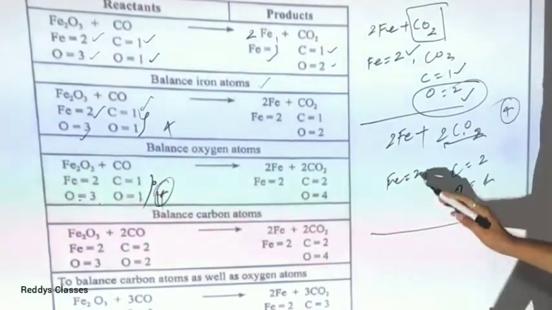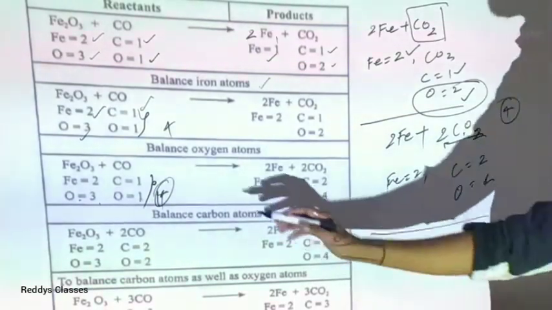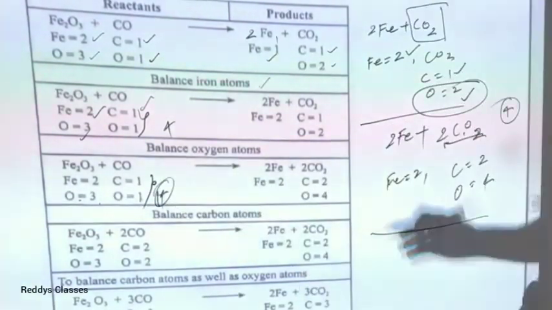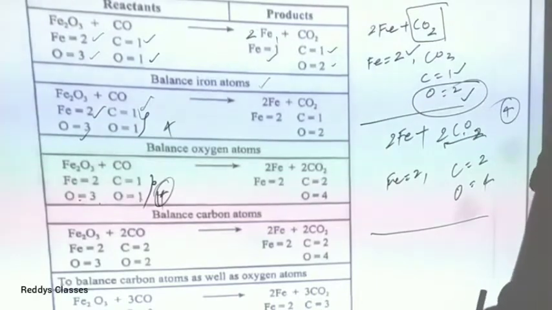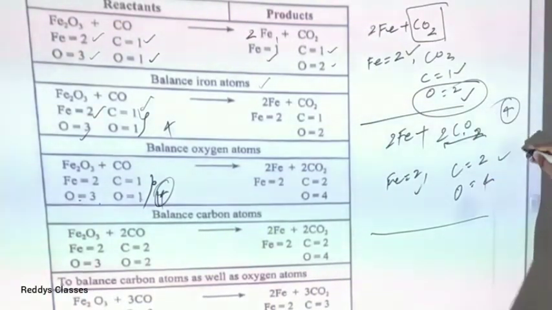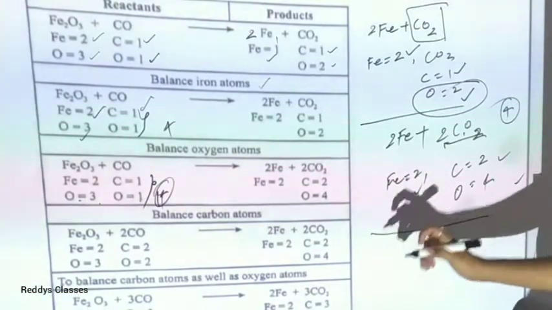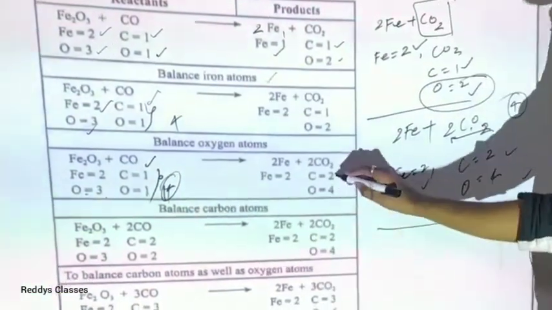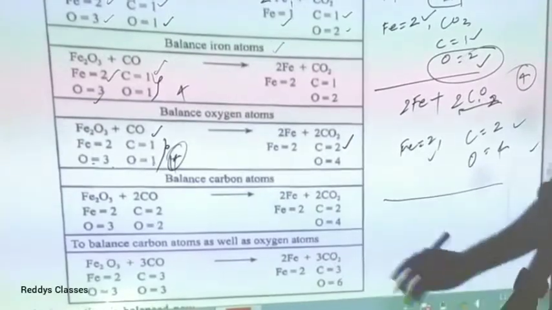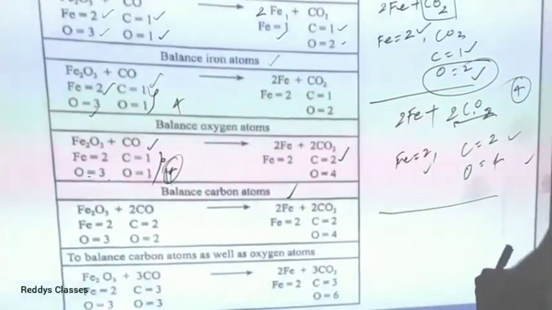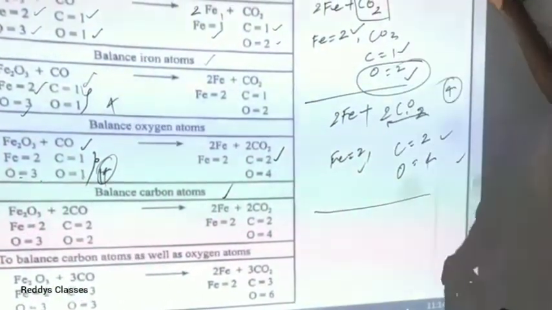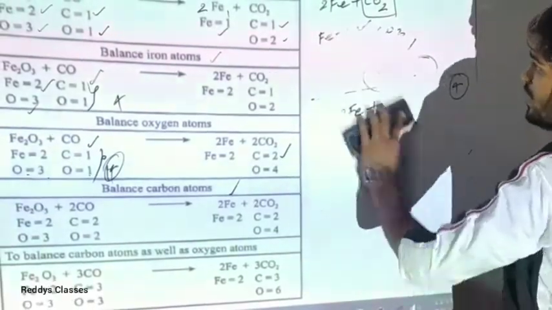Once again we have now 2, 2, 4 and 2, 1, 3, 1, means 2, 1 and 4. Now you can see this is once again not a balanced chemical equation. Now let us balance carbon. Here we have only 1 carbon atom, but here we have 2 carbon atoms. So let us start balancing the carbon atom now. On the right side, we have balanced it here.